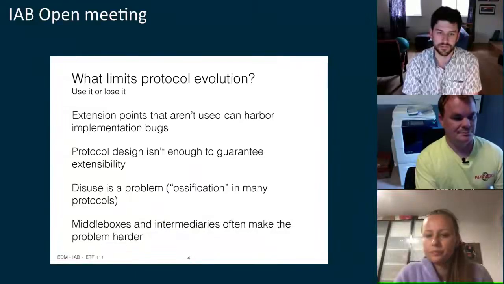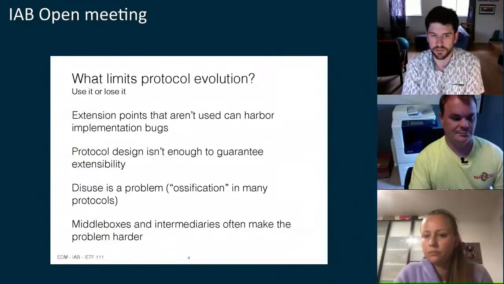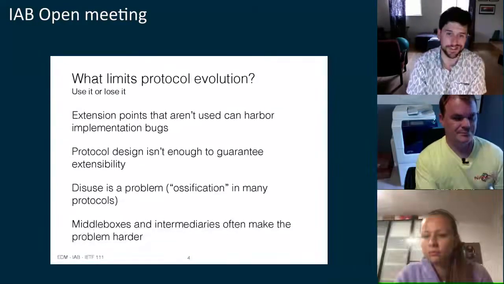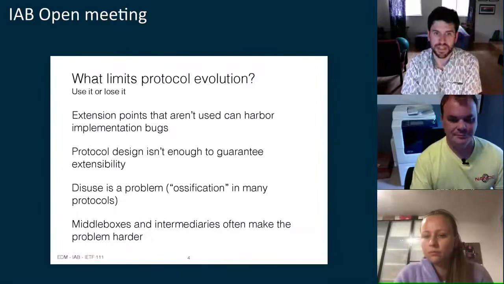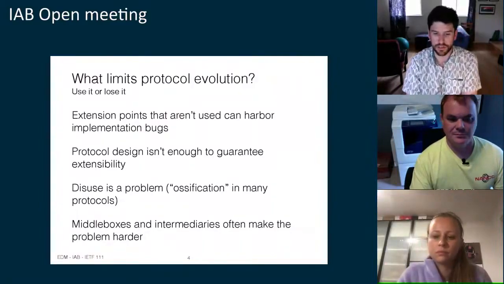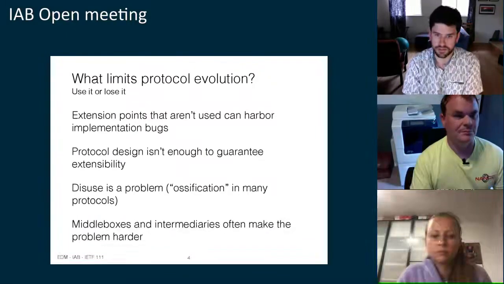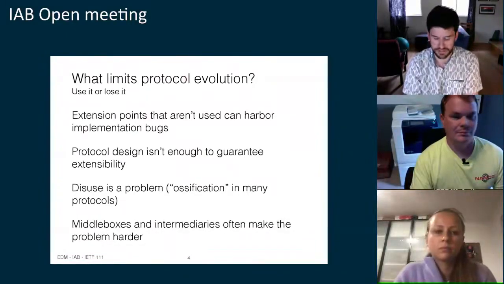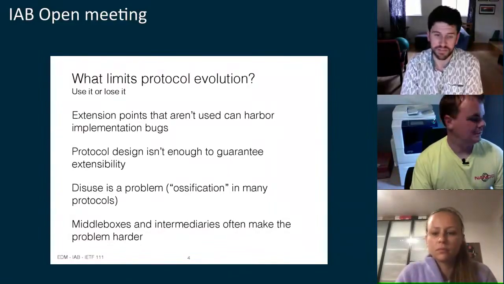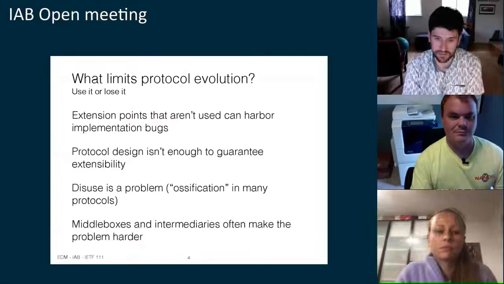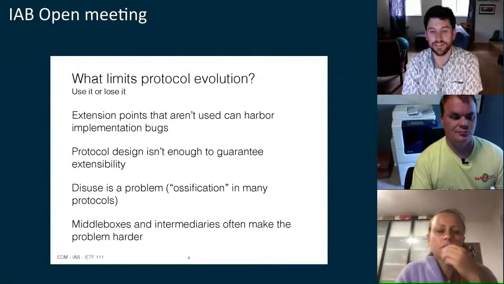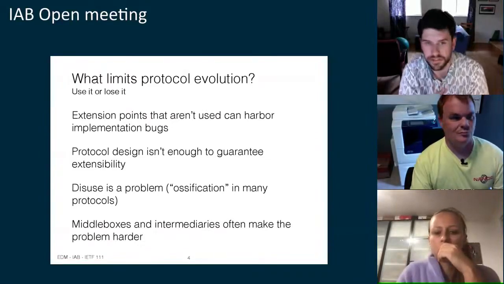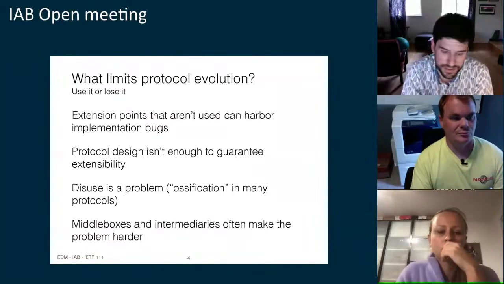It talks about the fact that you can have implementation bugs around extension points that make it hard to use extensions in the future. And I think the big point here is really that a lot of previous thought around how you can design a protocol well to guarantee extensibility isn't enough, because things not being actively used and ossifying, even if they're designed perfectly, can still lead to loss of extensibility.